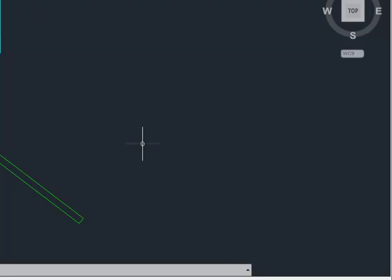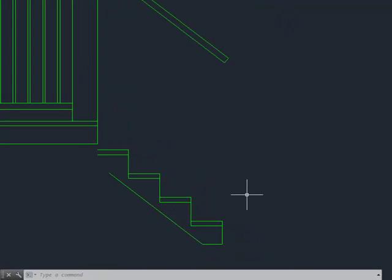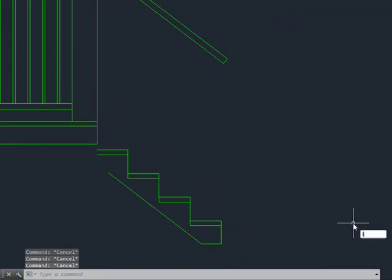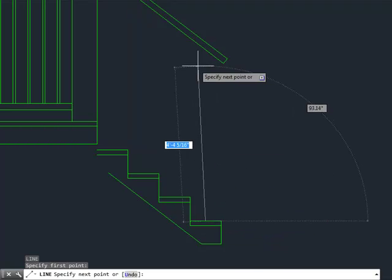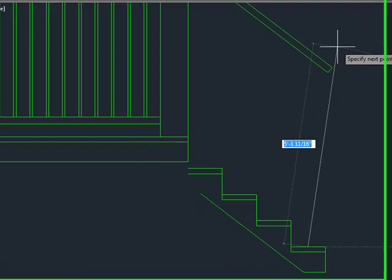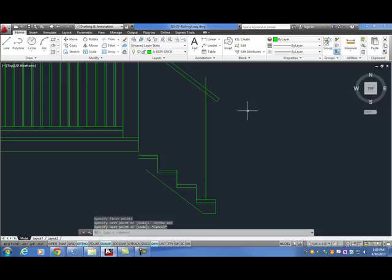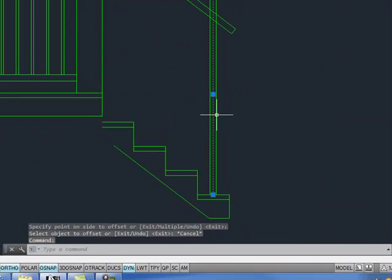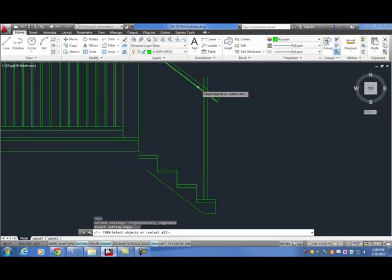So now they want us to draw these rails in up here, so I'm going to do line, and I'm going to grab the midpoint. See that triangle? That's the midpoint there, and I'm going to hit F8 because I want it ortho. I click right there, and then I offset that 1 inch from the center going left and from the center going right. Then I delete the original, and then I trim back to this line,